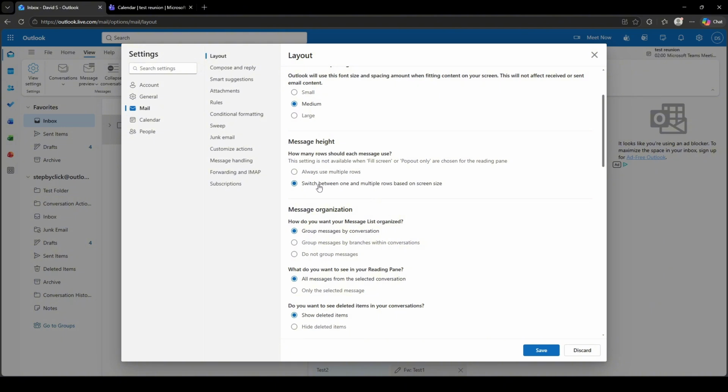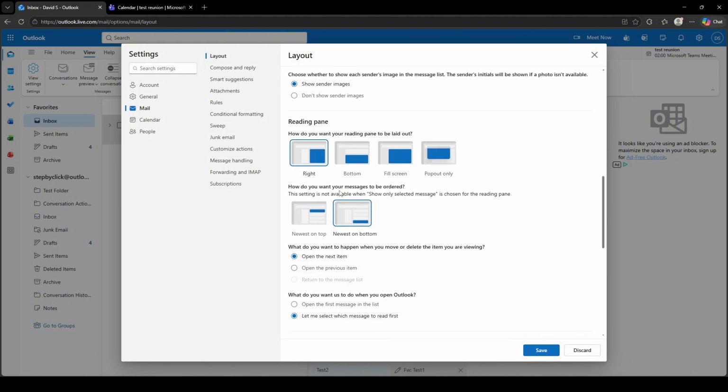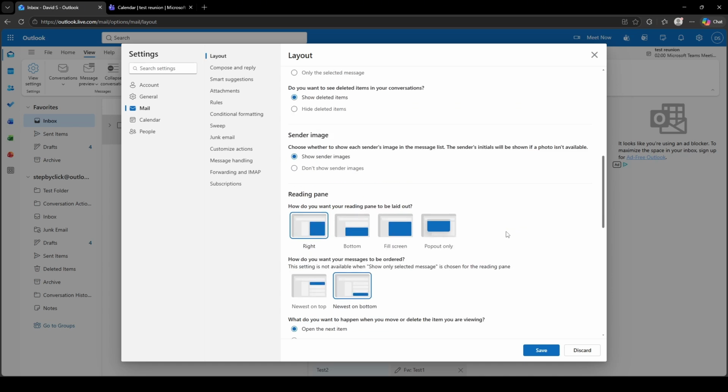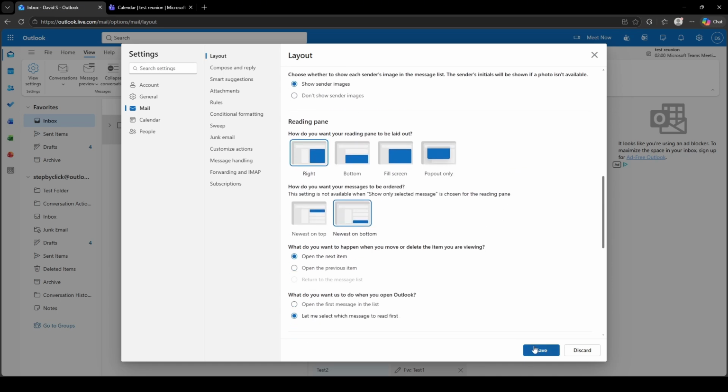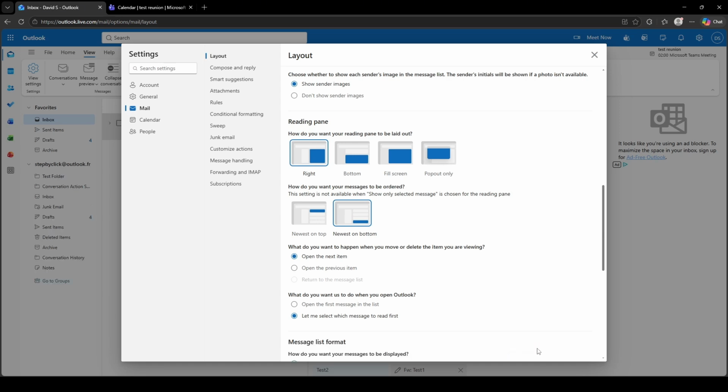and adjust your reading pane layout, choosing whether it appears on the side or at the bottom of the screen. You can also change how conversations are grouped and displayed in your message list. Once you have made all your adjustments, click Save, and your new view settings will apply across your entire Outlook